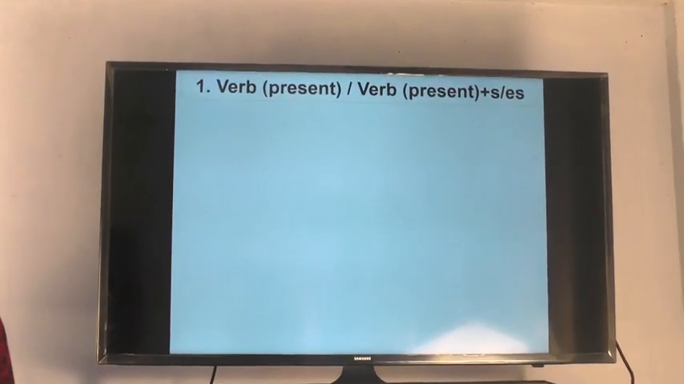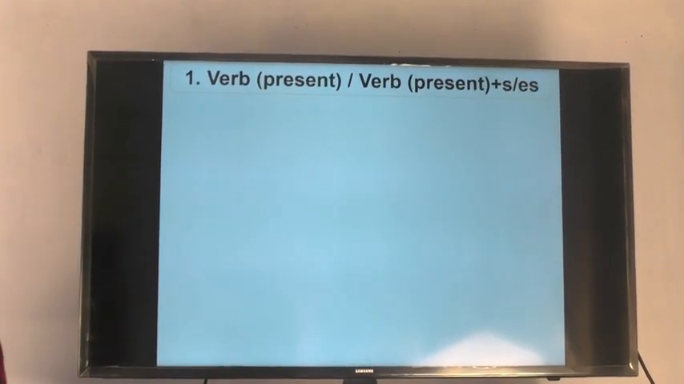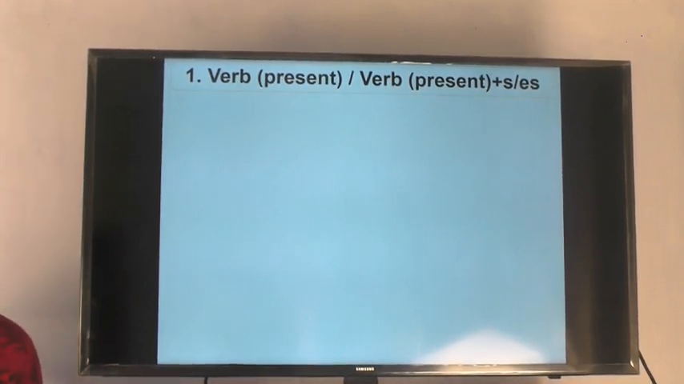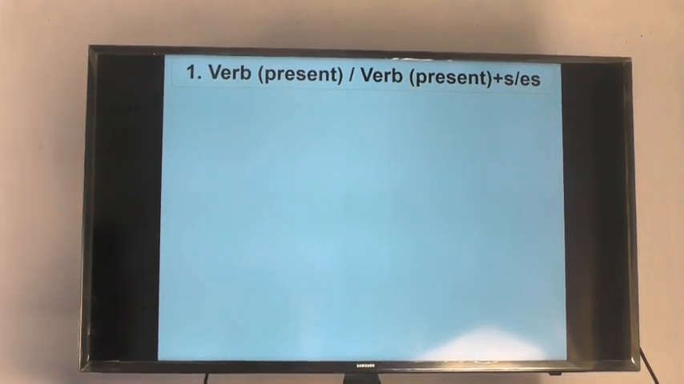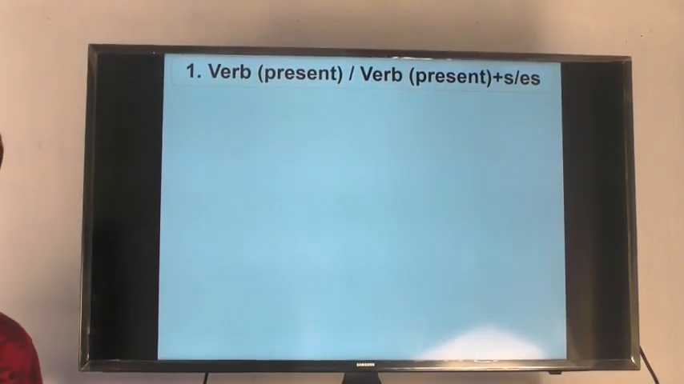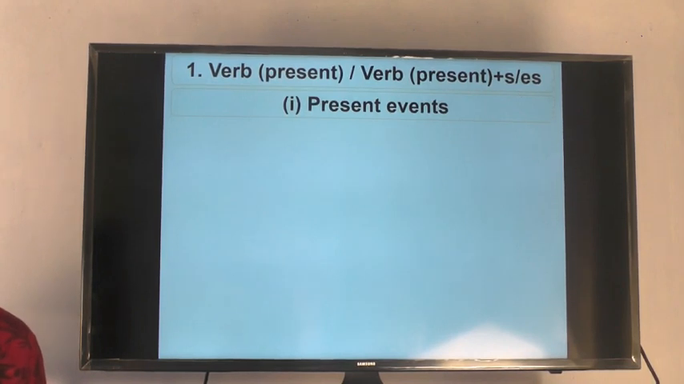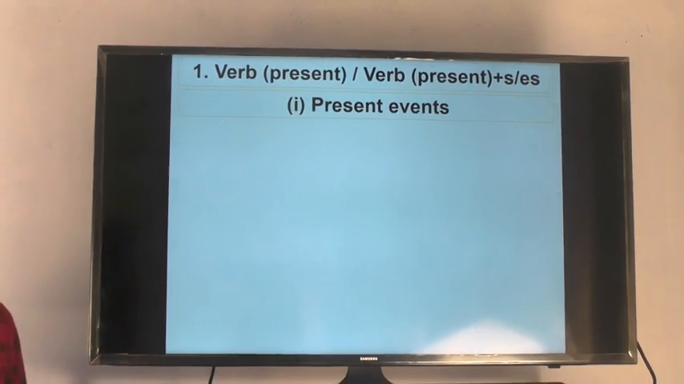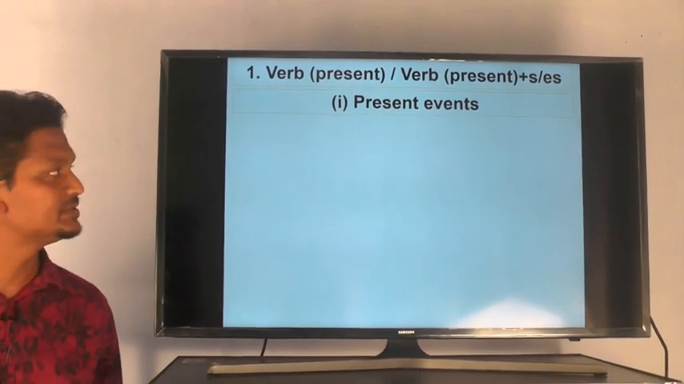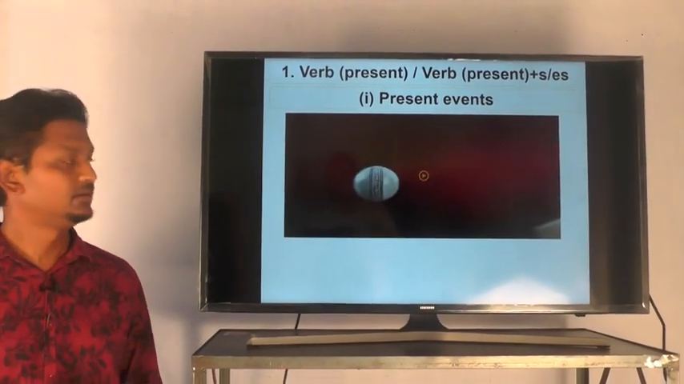Okay, now first one, verb's present form. There are 2 kinds of present form. Only the one is simply just verb's present form, and another one is verb's present form plus s or es. Now we should know when we use these 2 forms. We use these 2 forms for describing present events, like